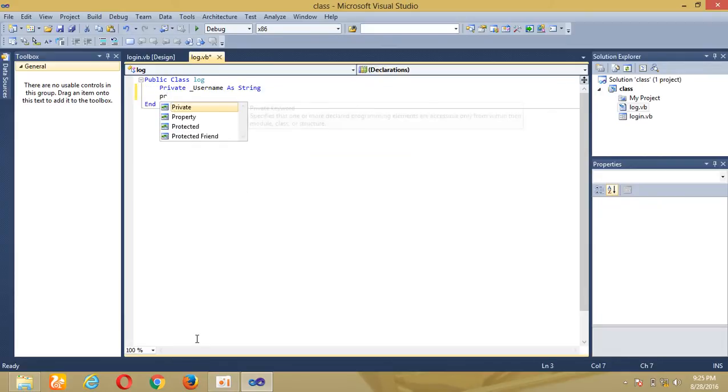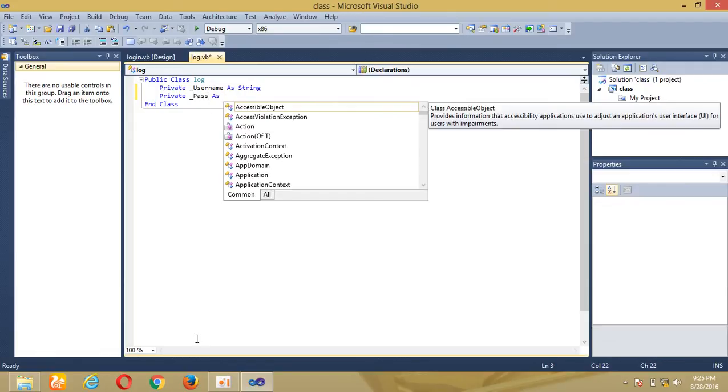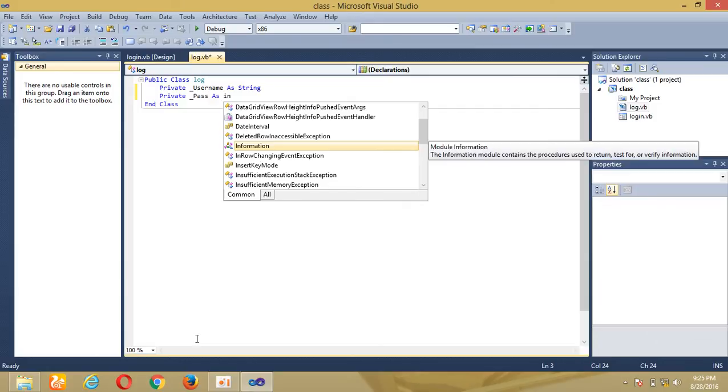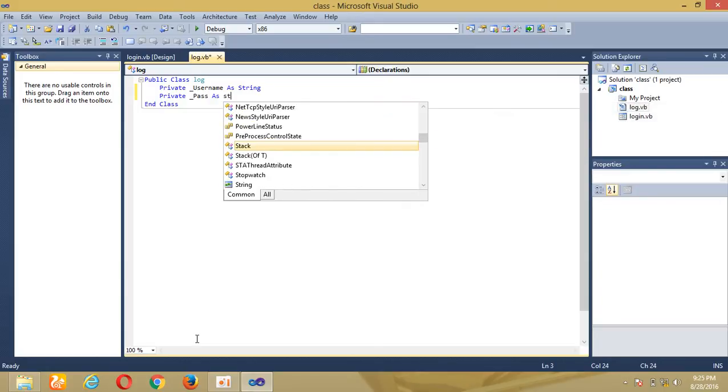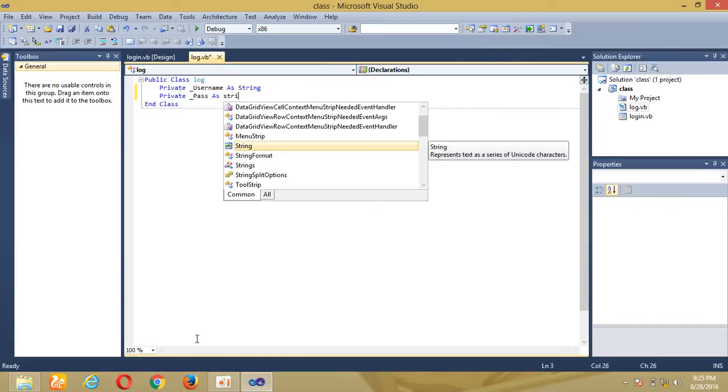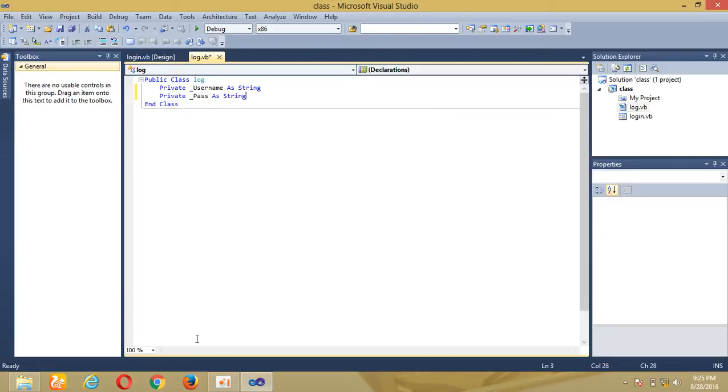and private underscore pass as, okay, you can say as string too, because it might have characters like a strong password. It must have characters, numbers, and so on. Okay,